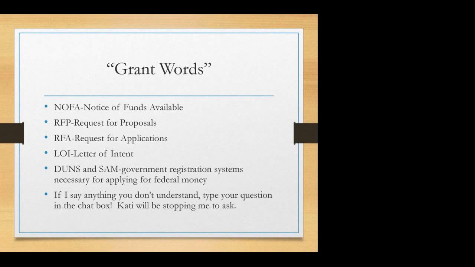My predecessor had an 18-step program to applying for something called a value-added producer grant, which we'll talk about later. I have actually tried to sum up applying to grants in 10 steps. Now, I'll be honest with you, some of those steps have sub-steps. But the real key to this is that the entire thing begins before you find a grant you want to apply to. By the time you find a grant...